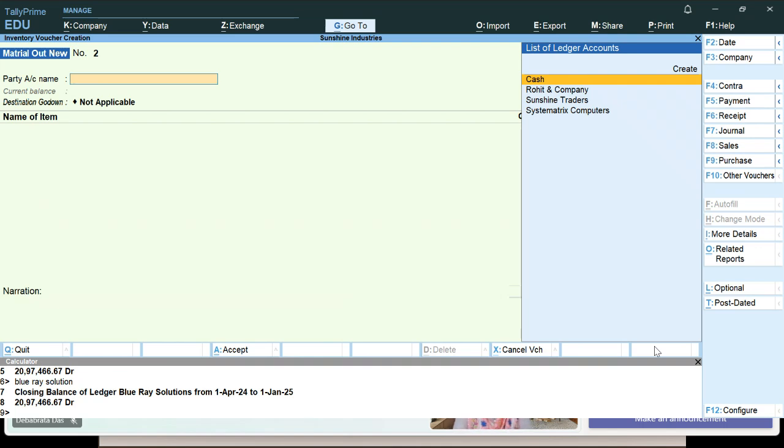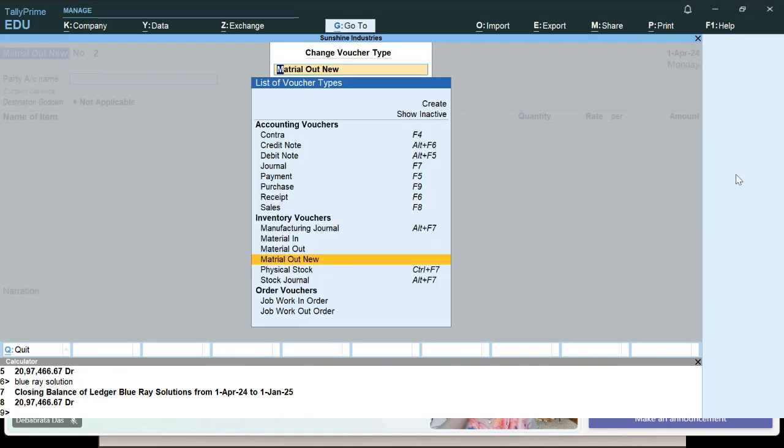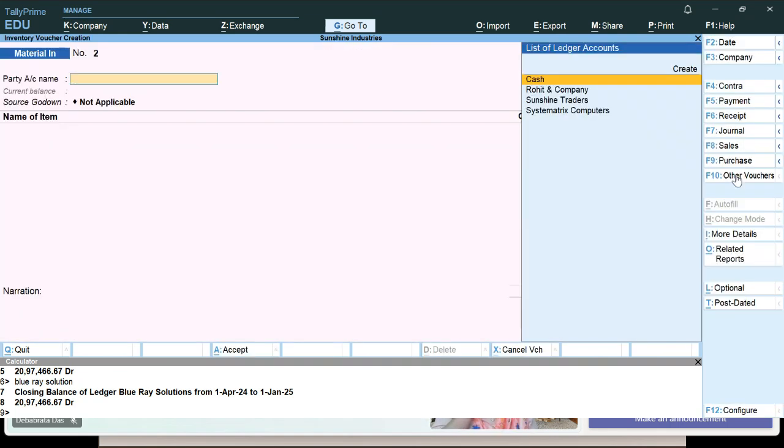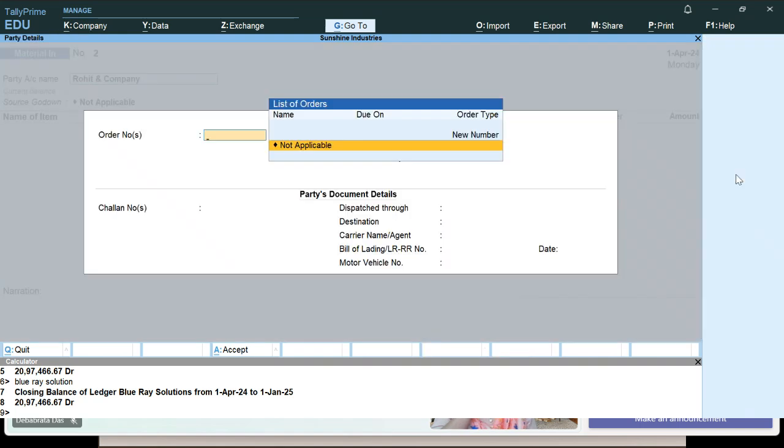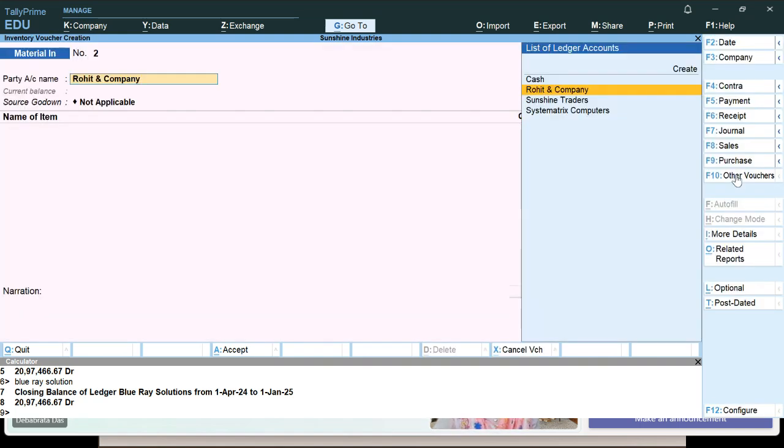Now you should receive the computer system from Rohit company. So just press again, pass the material in. Material in. So F10, then material in. The moment you select Rohit and Company, then again it is not giving you the order. Why? Because in the material in also,